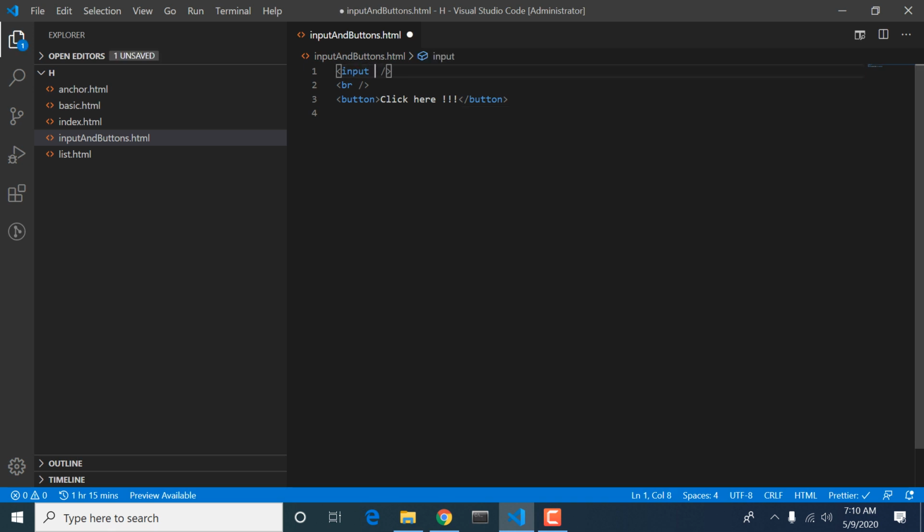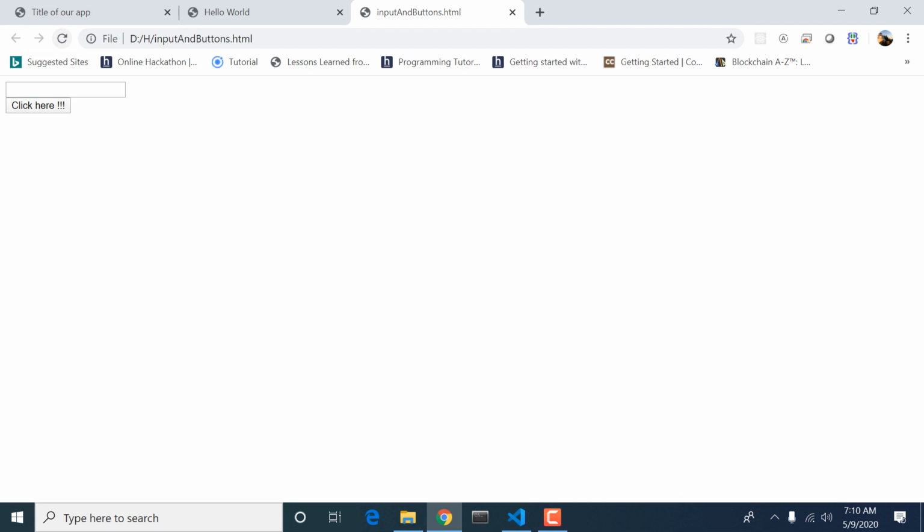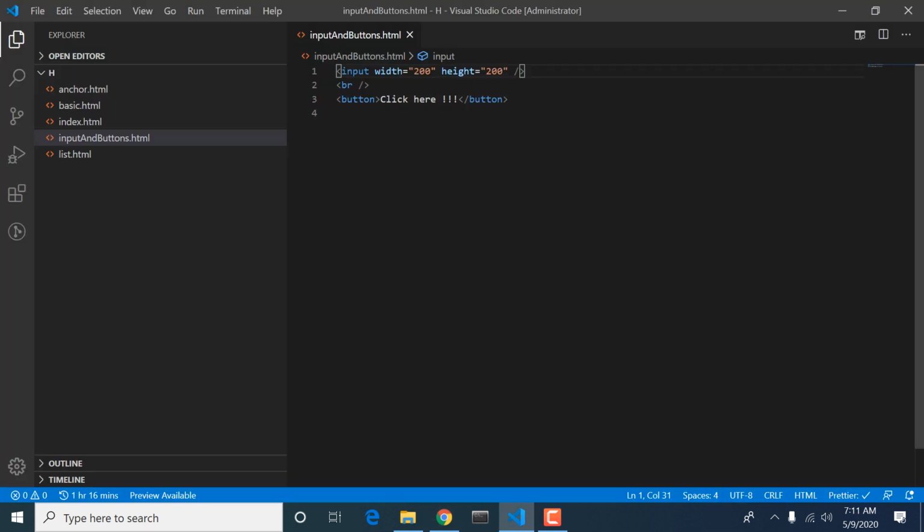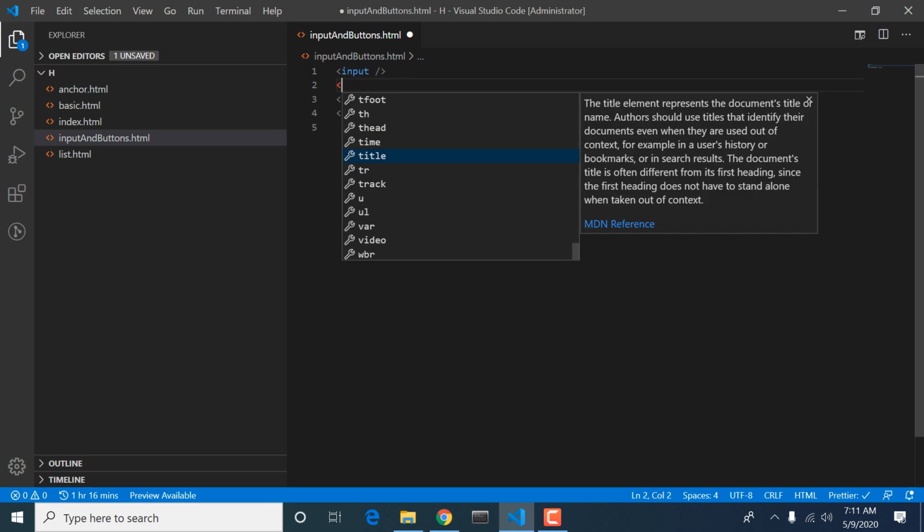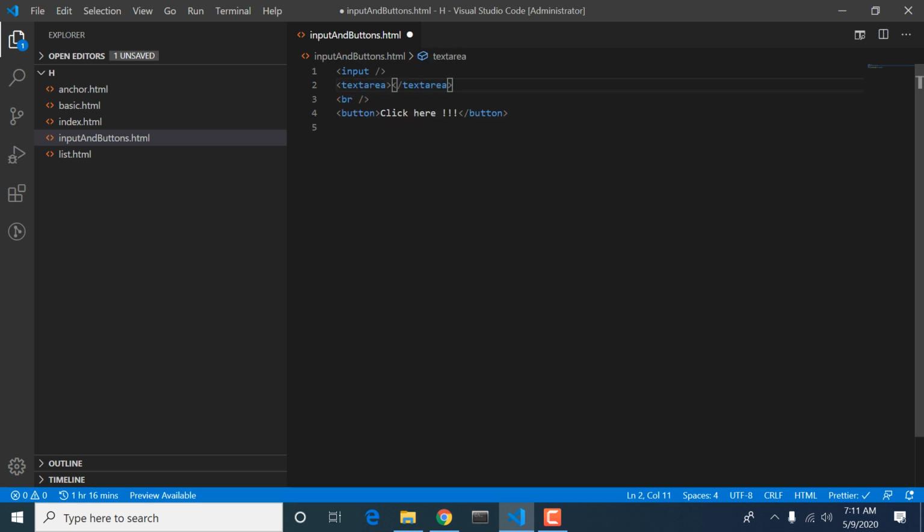So there are a lot of properties for the input tag. Like we can give the width 200, give height of this. So these are the properties that we are going to cover. Oh no, sorry. These are the properties of text area. No worries, no worries. If we are using text area, it's the area.